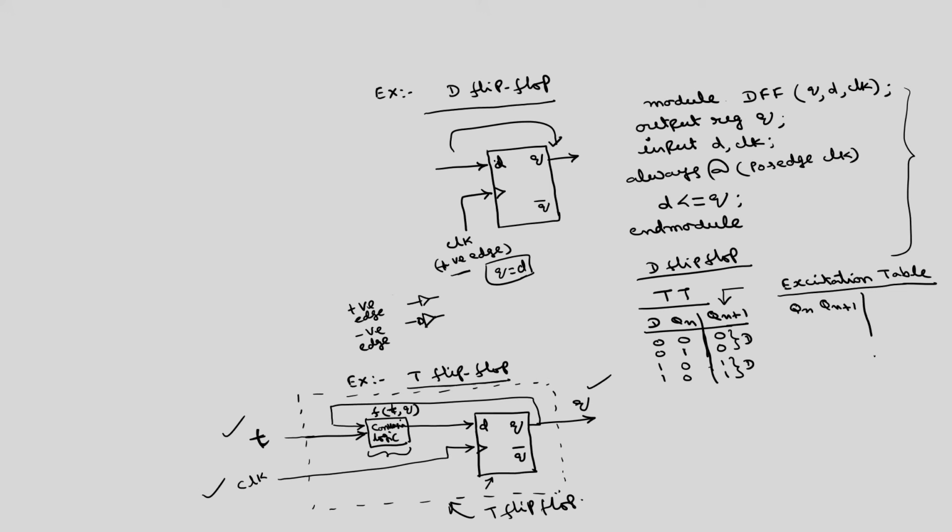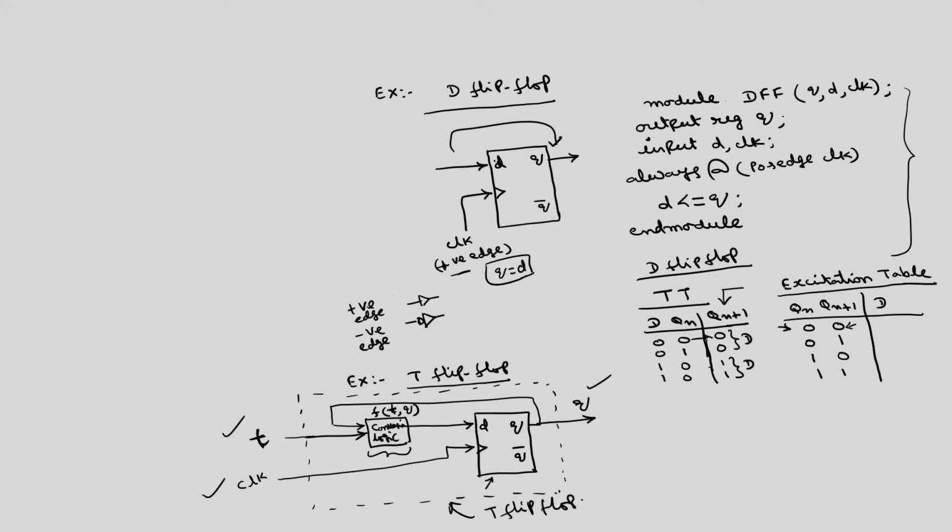So, there are 4 possible changes. I want to retain the 0 state only. Before application of the clock, the output was 0. After the application of the clock also I want to retain the 0 state only. So, what is the D required? Or before application it is 0, after application of the clock I want to change the state to 1. What is the D required? Or before the application of the clock, this is 1. After application of the clock, I want the state as 0. What is the D required? Similarly, I want to retain the state as 1. What is the D required? This you can easily obtain from here.